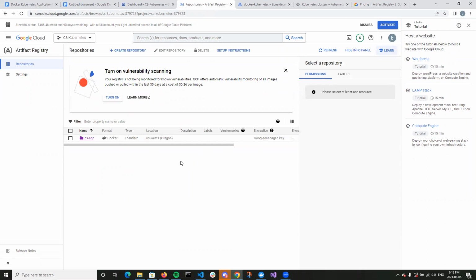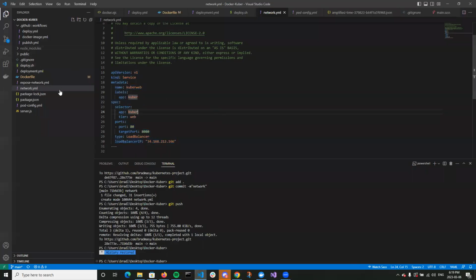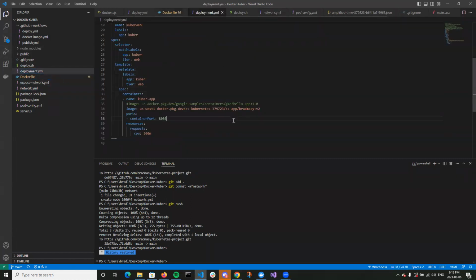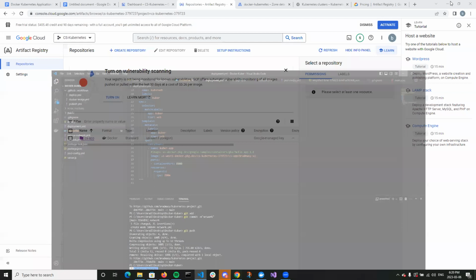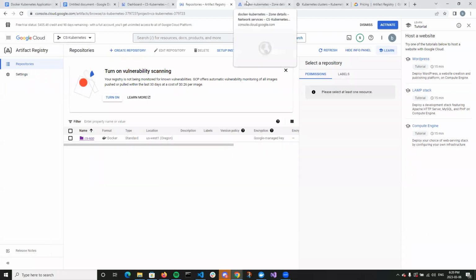So in order to get Google Cloud working, you have to have your image on here. I'm sure you could pull it through another way, through Docker Hub. Actually, I think if we went into deployment here, I'm pretty sure we can rig it so that we can pull it directly off Docker Hub, and it shouldn't be a problem. But I just went with the Google approach for this one, because I was having a lot of issues with AWS earlier this week. So anyways, that's where the Docker image is hosted.